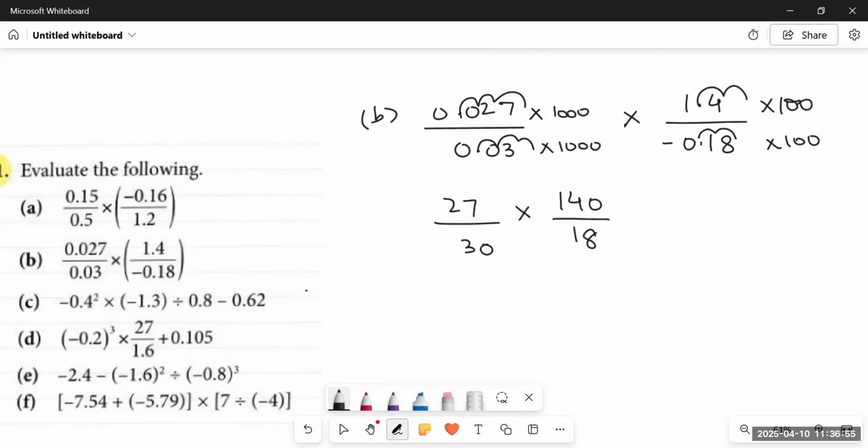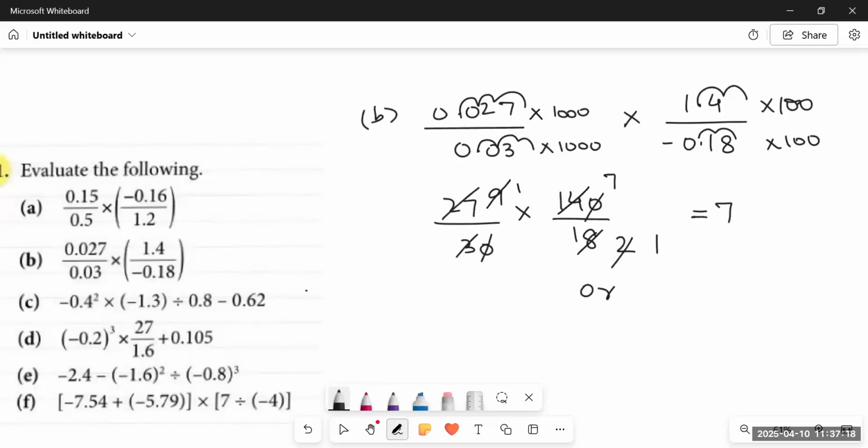We can see that we have one zero in both the numerator and denominator, so first we will cut them down. Then 3 ones are 3, 3 nines are 27. So we are left with 9 multiplied by 14 upon 18. Now we will cut 9 with 9: 9 ones are 9, 9 twos are 18, 2 ones are 2, 2 sevens are 14. So what is left? Only 7.